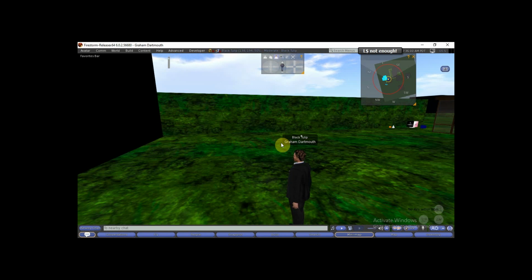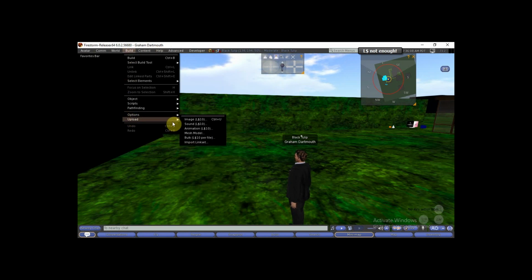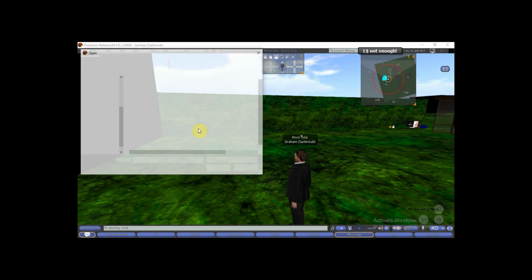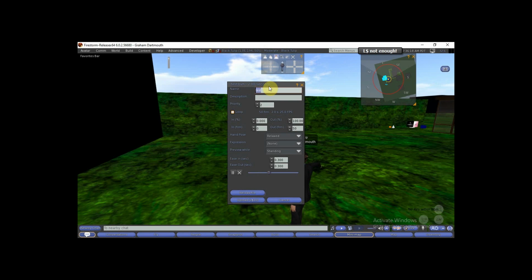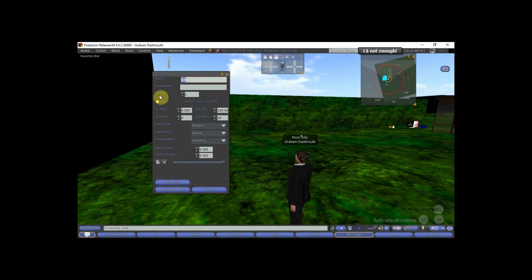Okay, so we're here in Second Life. Let's go ahead and upload this animation, or go through the process of uploading, and see what happens. I had it on my desktop, and it was a test BBH, and we'll open it. Alright, I'm going to loop this and play it,